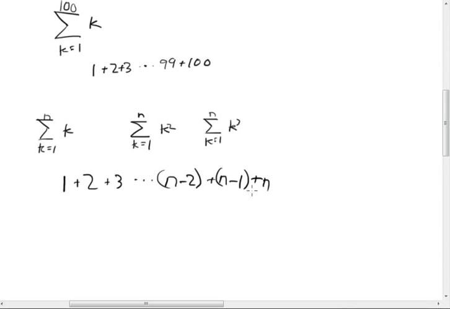We all agree that this is the sum of the first n numbers. Then I write this in reverse underneath, n minus 1, n minus 2, dot dot dot, 3 plus 2 plus 1. If we added all these together, like so,